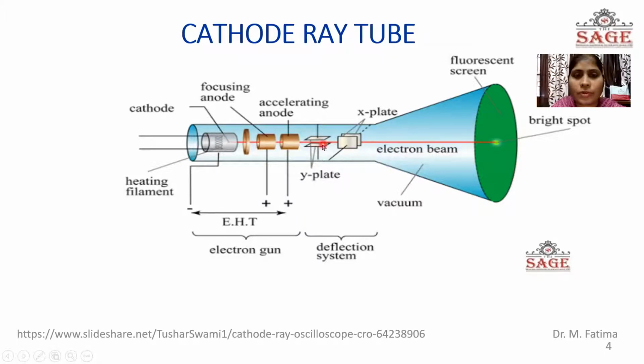When the electron moves inside the deflection plates, the electron beam starts deflecting due to the field present at Y plate and X plate. So the electron beam will be moving and going to strike on the screen of the CRO. This screen has a coating of phosphor material. Now next,